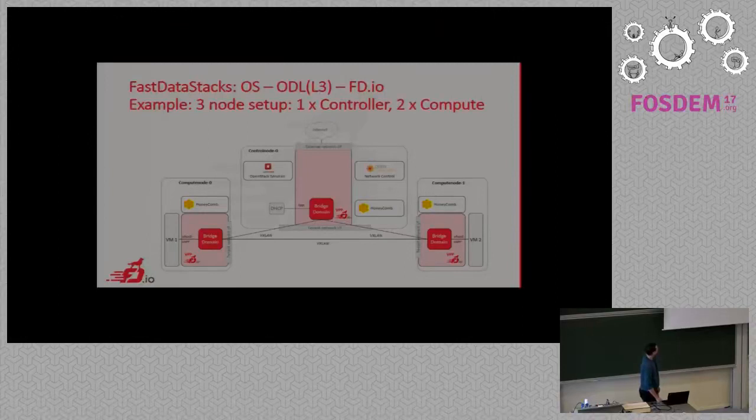The next scenario is the L3 scenario, where we do the routing by using GBP and OpenDaylight. So there's no need for having a QRouter anymore. All we do is configure routing on a VPP. So what does it mean? It means that you need to specify a VRF where you would like to forward the packets or route the